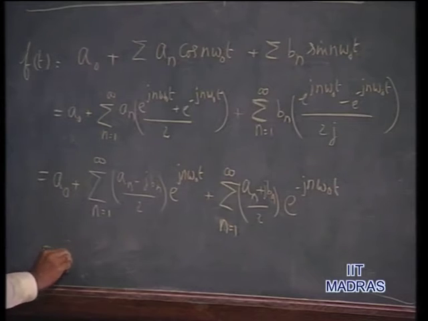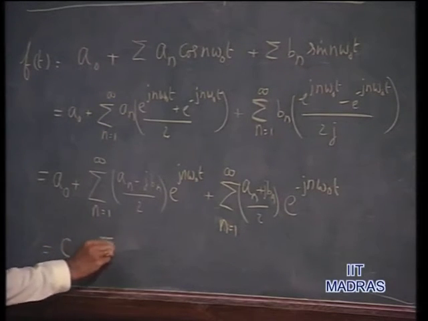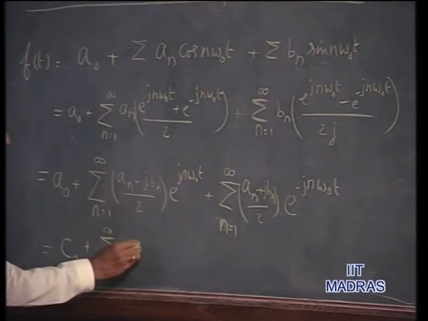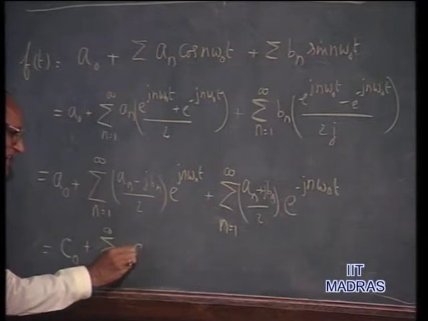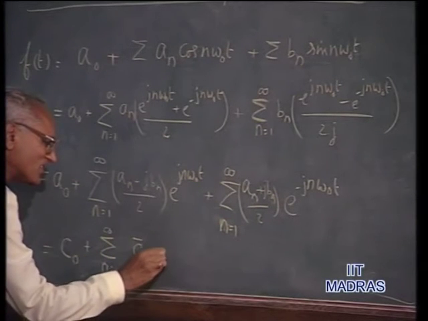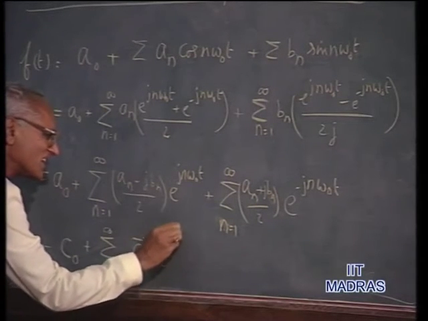Therefore I can write this as C naught plus n from 1 to infinity, just to indicate that this is a complex number C n, I will put a line on top, that is a complex coefficient, e to the power of j n omega naught t